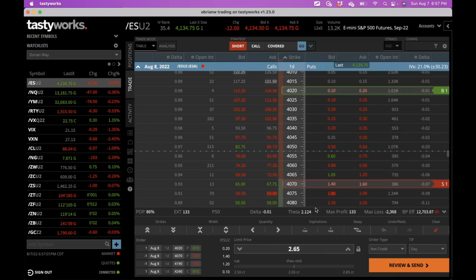And then you can see that with options on futures, one of the differences is that the ES is half the size of the SPX. So 265 is actually 133. So if you want to do something that's equivalent to the SPX size wise, you have to do 2 contracts. So this is us changing this to 2 contracts.